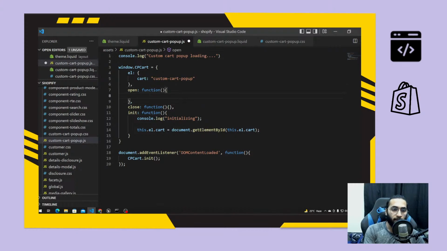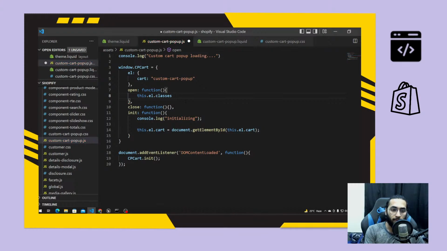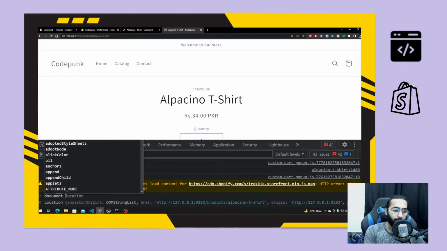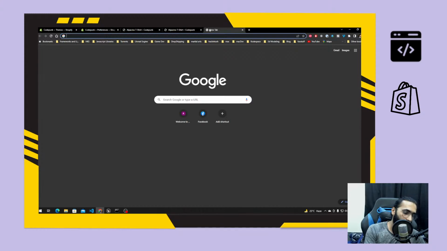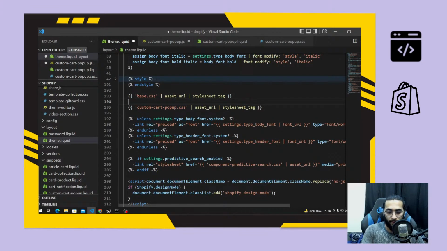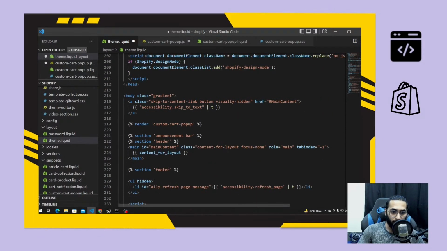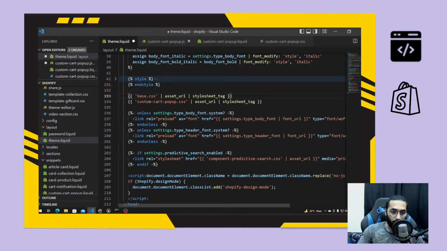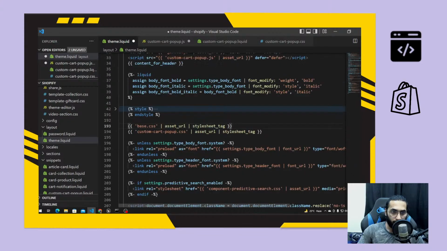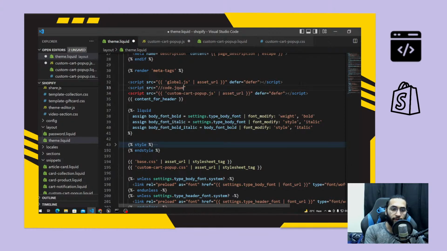Okay, now in the opening we just simply do this.el.classes. Let's forget the vanilla JavaScript, right? Let's use jQuery. So I'll just come over here at the theme.liquid, where we added the JavaScript. Let's find that line where it is. There it is. So before that, we load the jQuery from the jQuery server